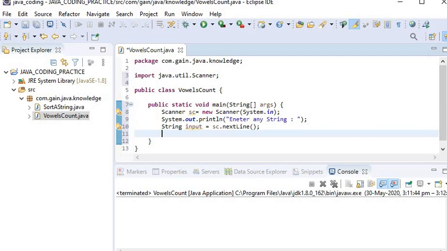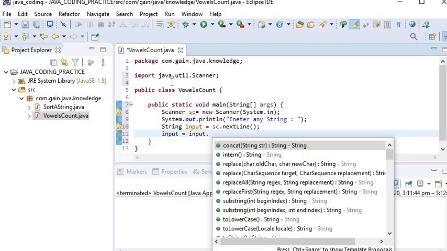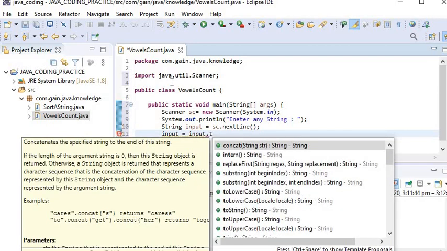Now first, I will convert this string into lowercase because we don't know whether the case is small letter or capital. So first I will convert our input string into lowercase by calling the toLowerCase method.